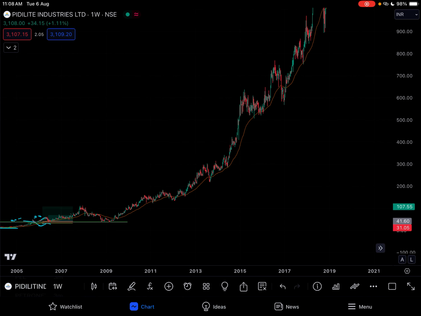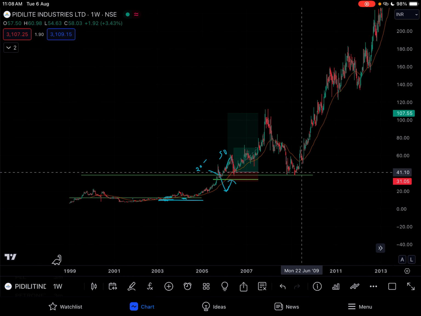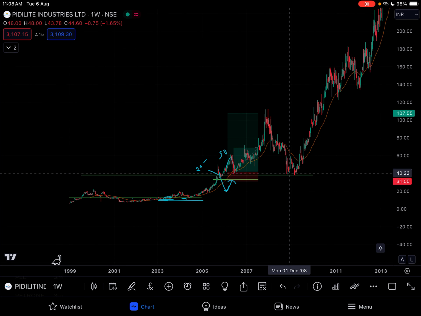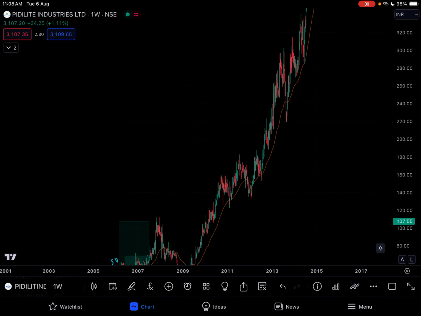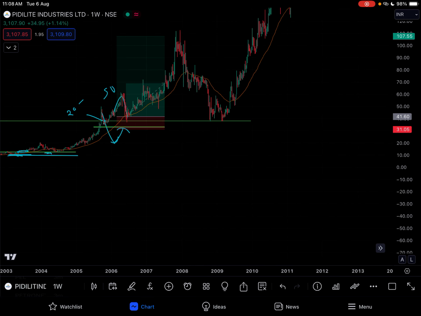Okay. So I don't know, I think fundamentally it's good also at that time, around the 2008 level, a future perspective company. I have to look at the fundamentals. I didn't know what happened. So a massive rally has occurred there. Here you can see, we didn't enter this rally because